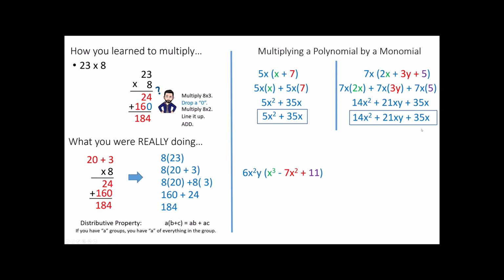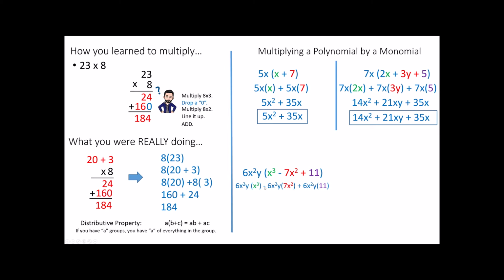You might want to pause the video and try this one on your own. It does look a little bit more complicated, but the principle's still the same. I'm going to assume you've already paused the video and done that, so I'm going to keep going. I'm going to take the 6x squared y, and I'm going to multiply everything in this parentheses by it. That's 6xy times x cubed. This has a